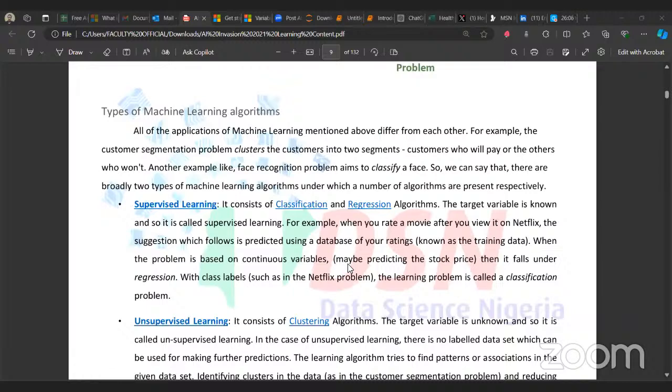We have supervised learning algorithms and we have unsupervised learning algorithms. In supervised learning, in our data sets, we give the model what we call features, and we also give it labels.